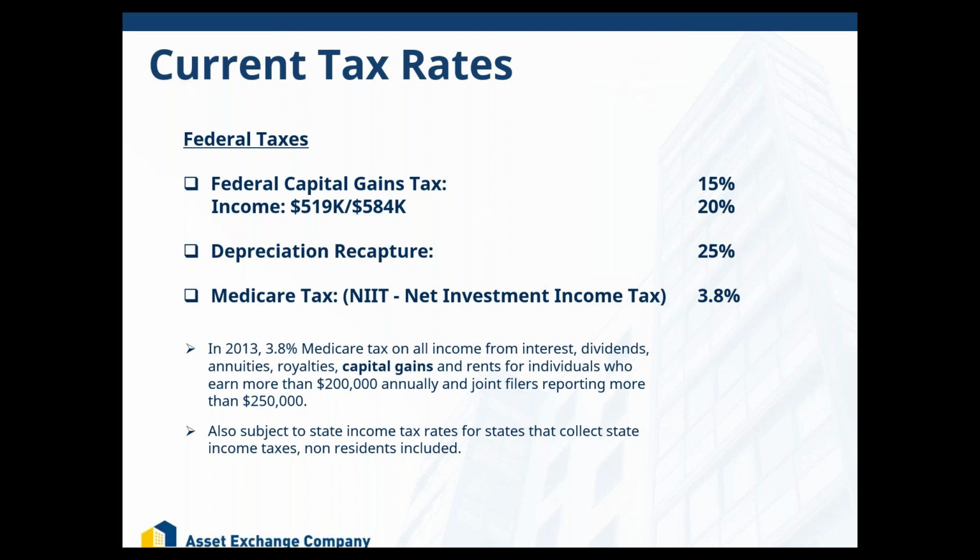Okay, now, on top of that tax, you may also be subject to an additional tax. It's referred to as the Medicare tax. Another term you hear people refer to it as is the NIIT, the net investment income tax, all right? That's an additional 3.8% tax. Now, you might be asking yourself, what is that all about? How does that work? Well, the Medicare tax